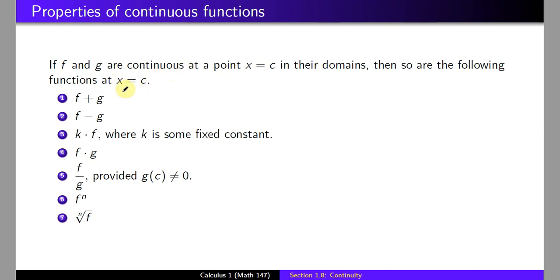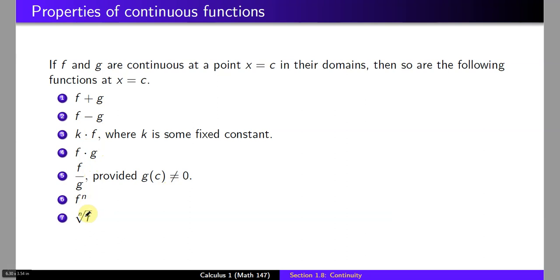So if f and g are both continuous at x equals c, then so is the function f plus g, so is f minus g, so is any constant multiple of f, so is f times g, so is f divided by g, provided that g of c is not 0,